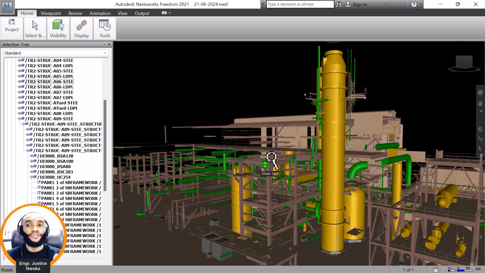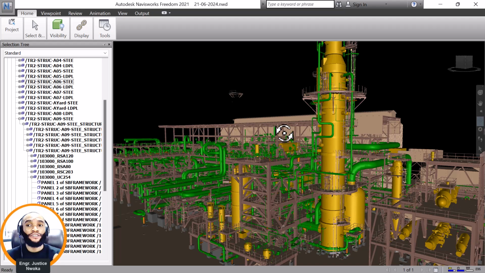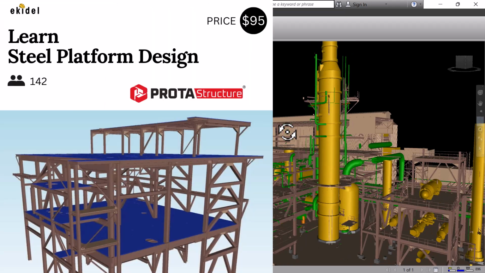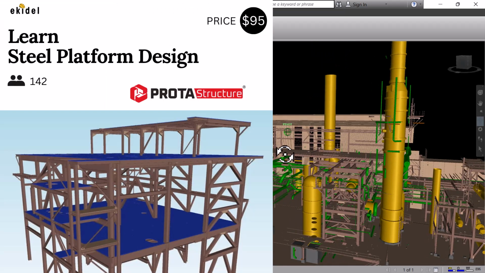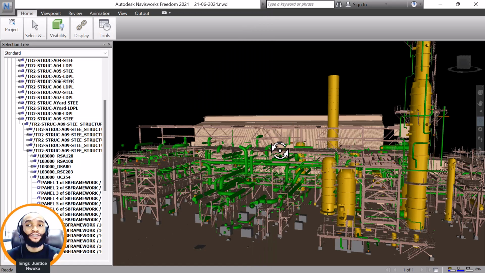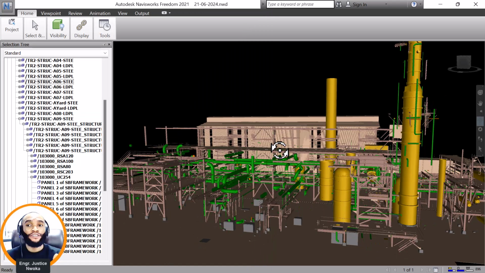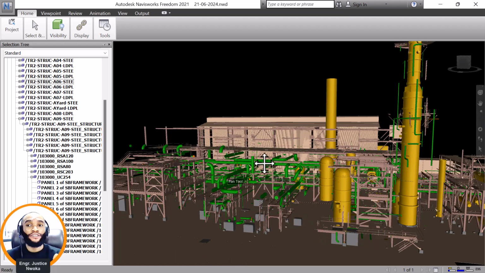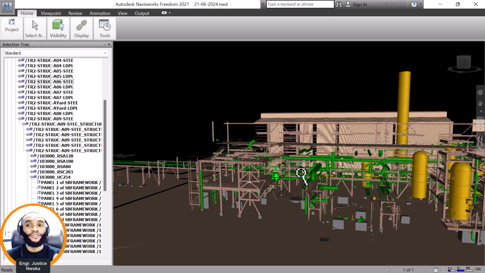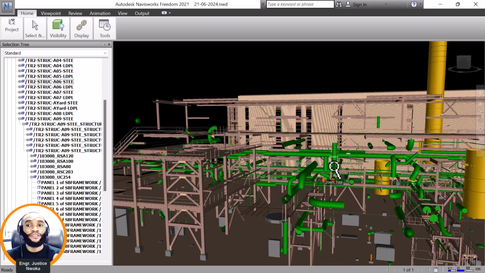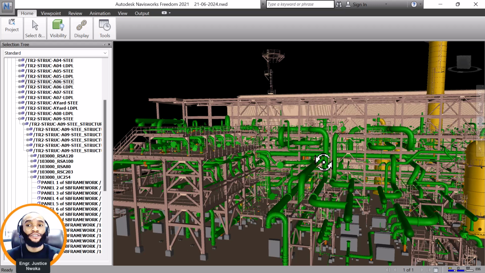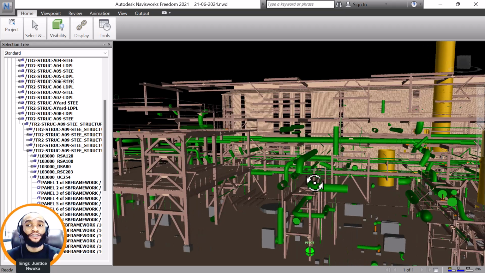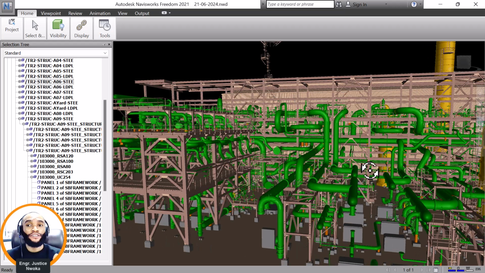Today, I'll be showing you steel platform design in the oil and gas sector. Now, when you have an oil and gas model like this, civil or structural engineering also has a major role to play in the oil and gas sector. What we have here is not just the pipes. The reason why the screen is lagging this way is because of how big this model is. As you can see, we have oil pipes, pipe flows and all that,